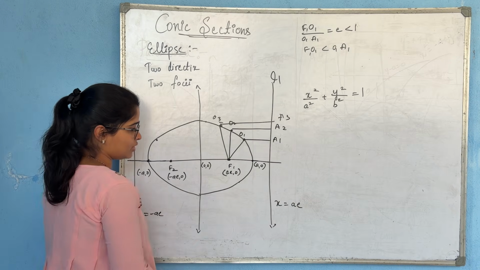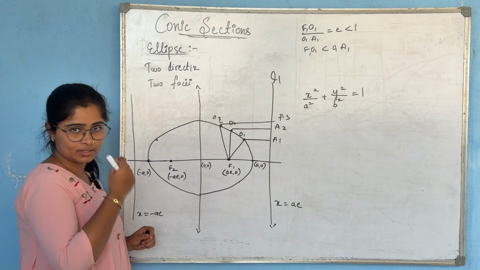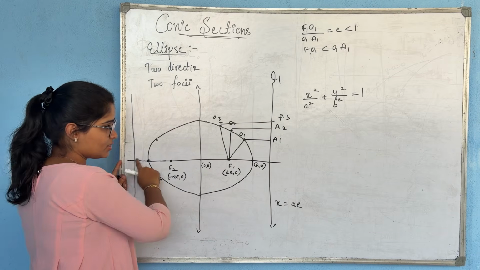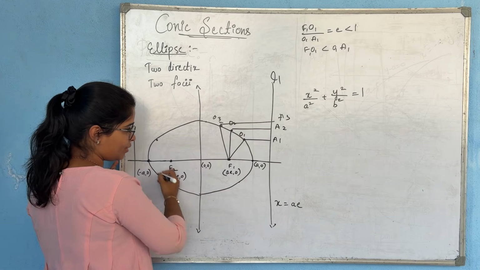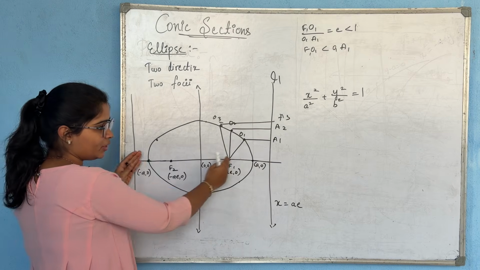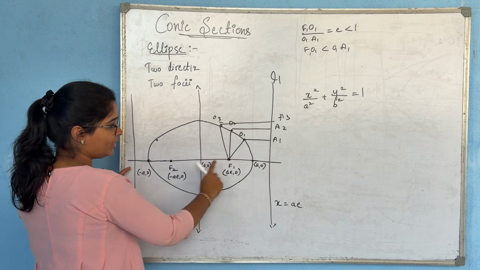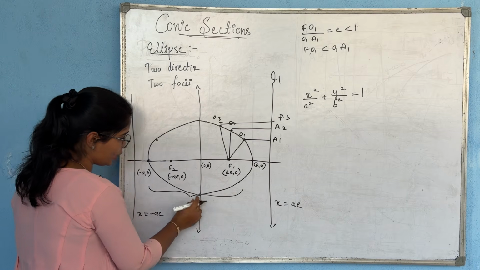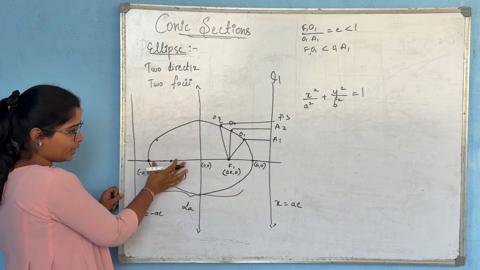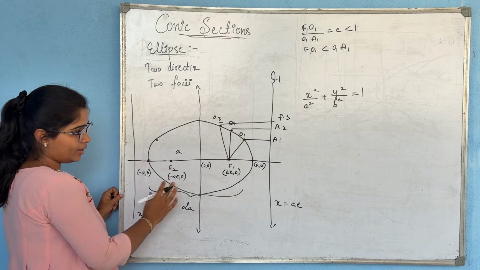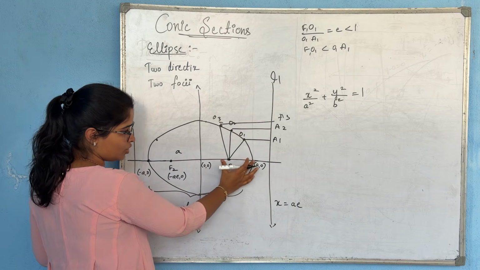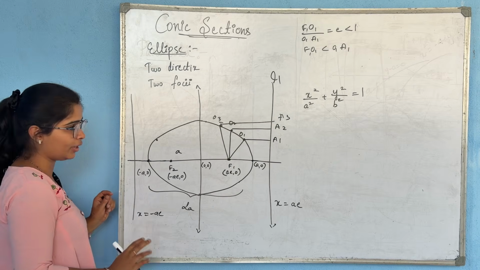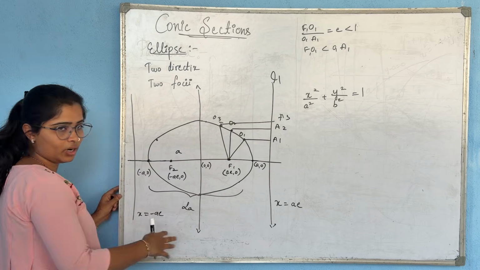And now if you observe the length of major axis, what is major axis? The major axis is in which the length is maximum, and here you can see the length is maximum, and the length of major axis is 2a. Why it is 2a? Because from 0 to a is distance given by a, and from 0 to this point 0 comma a is again given by a. When you add these both distances, you will get 2a,